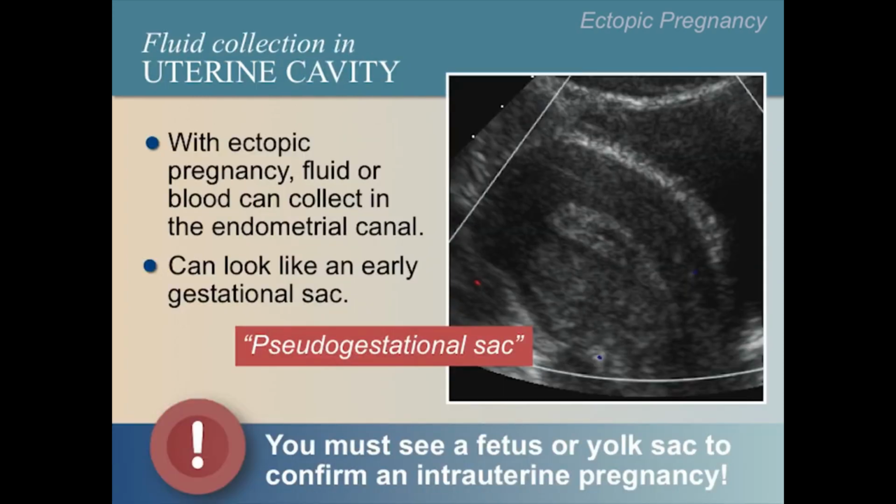Not all fluid in the endometrium will look anechoic. Most often, the endometrium simply looks thicker and echogenic, with possibly some small anechoic fluid component. The anechoic component may be mistaken as a gestational sac, which is called a pseudogestational sac. A real gestational sac will have a fetus or yolk sac, which you need to see to confirm an intrauterine